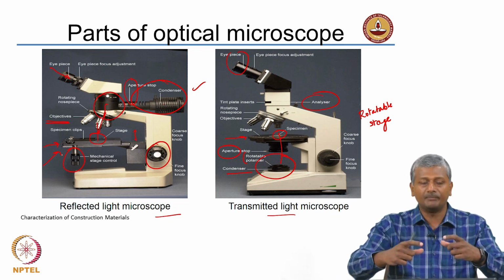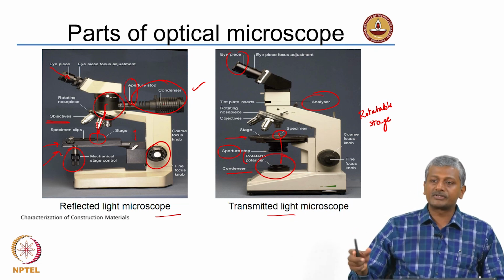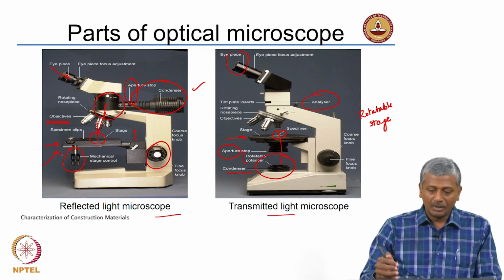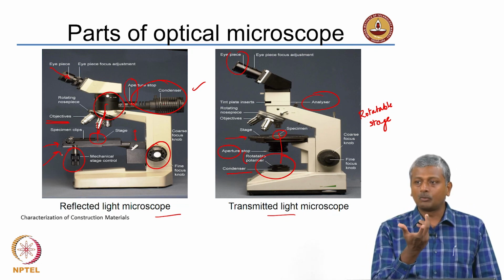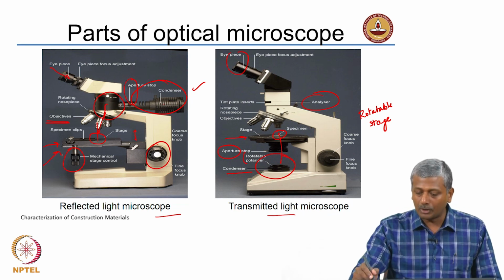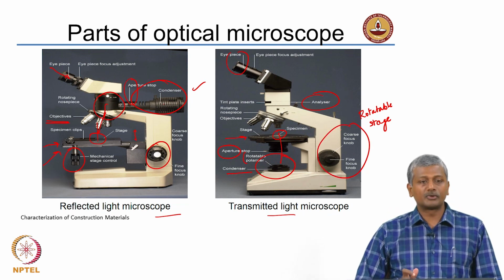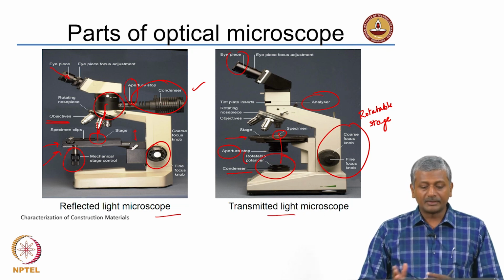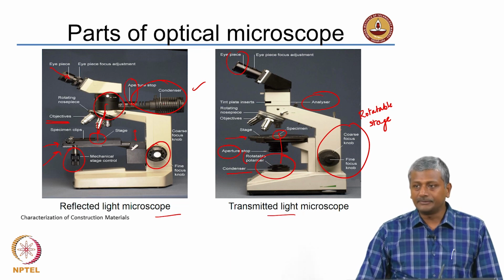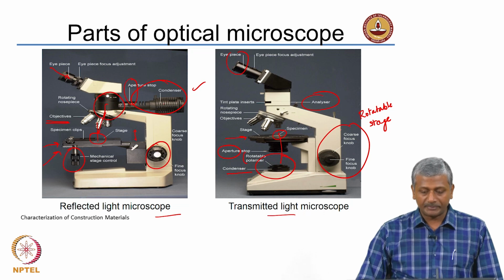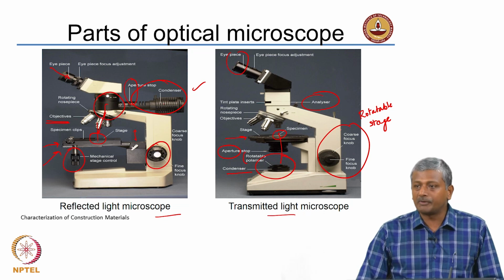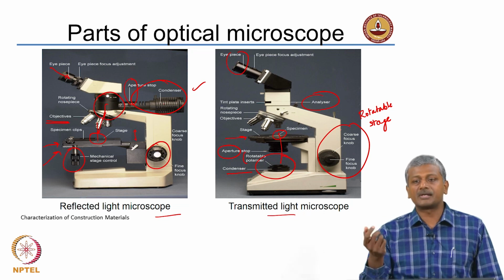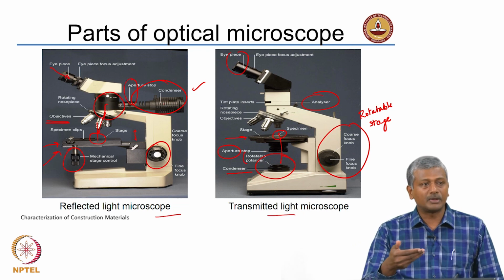You can actually move the stage in the x and y directions, and then using the focus knob you can move the stage up or down. Okay. In the case of your transparent light microscope, your stage is capable of rotatory movement, and then you can also obviously move it up and down using the focus knobs, the coarse focus knob and the fine focus knob. The other additional detail in your transparent light microscope is the presence of polarizer and analyzer, which helps you do polarized light microscopy. So, when you did your biological specimens in school, it must have been most probably with the transparent light microscope, because biological samples are transparent and they will allow the light to pass through.